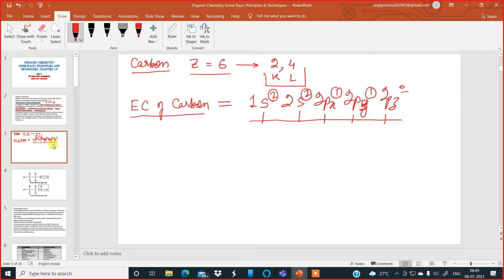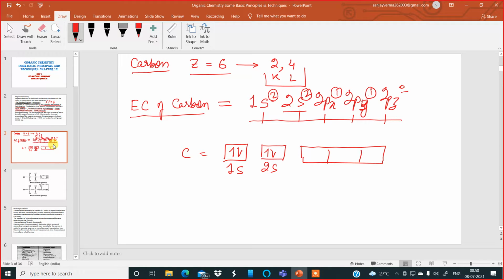Now, say I excite one of the electrons from the 2s orbital. If I draw these orbitals, it will look like this. 1s atomic orbital for carbon has 2 electrons. Then there is the 2s atomic orbital, which also has 2 electrons. After that, there are p orbitals, 2p. There are 3 of them. This one is 2px, this one is 2py, this one is 2pz. The 2px orbital has 1 electron, the 2py orbital has another 1 electron, and this one is empty.